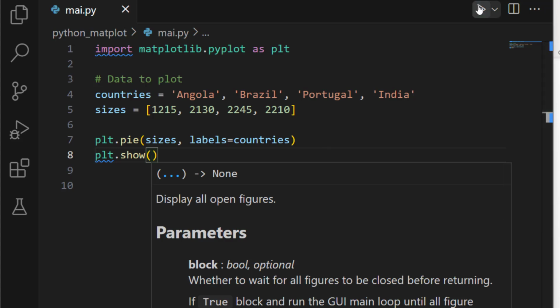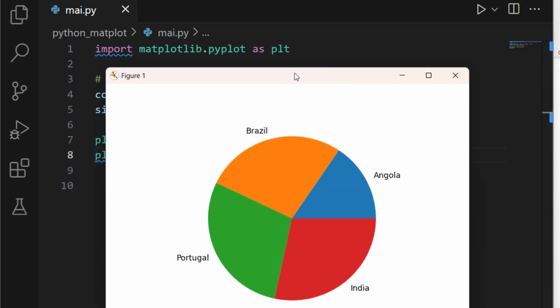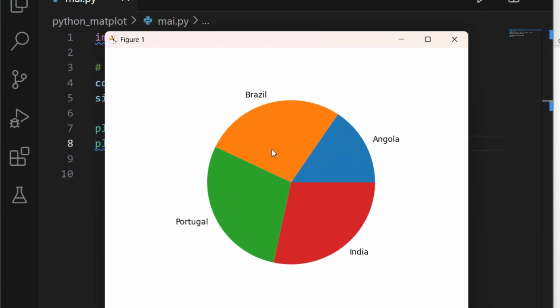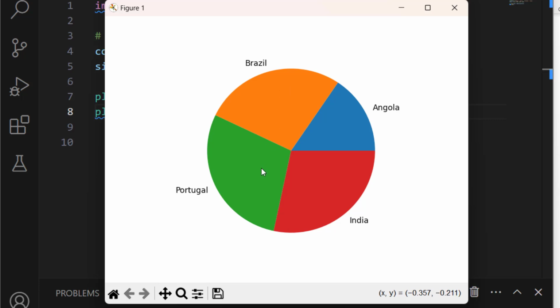Now let me run this to see what we are going to have, if we are going to have an error, or if we are going to get the correct results. Whatever we get, we need to work on it. So let me run this. Boom, now we have our graph, but as we can see it is looking kind of ugly. When it comes to a pie chart, showing it this way is kind of boring. Even the colors are not good, because it's giving the default colors, and most of the time the default colors are not good.